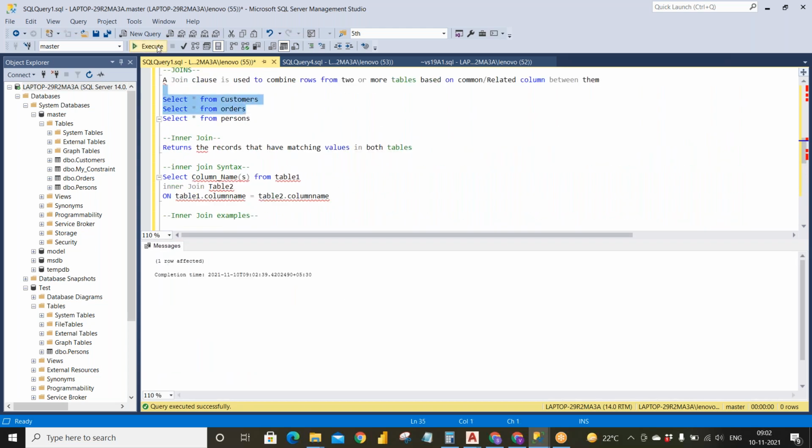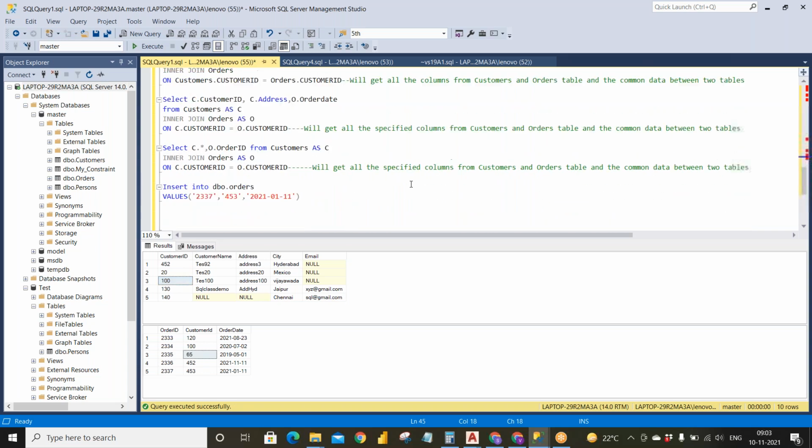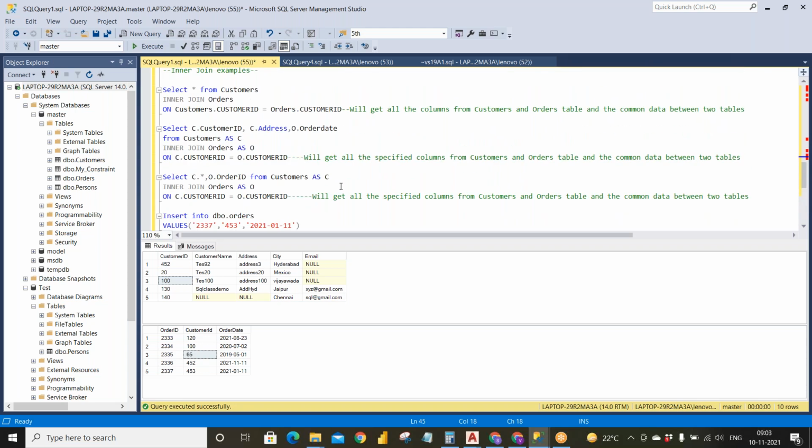Okay. Now if you see the customers table and the orders table, in the orders table I have inserted two new rows, and if you take the join between the customers table and the orders table, there are two common data, that is 452 and 100 customer ID in between both of them. Now let's see whether when we are doing inner join, we need to get 100 data as well as 452 data.